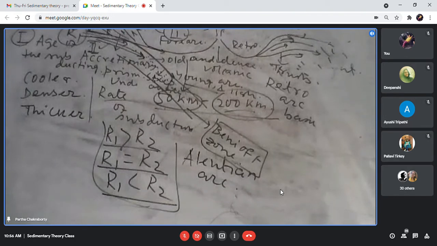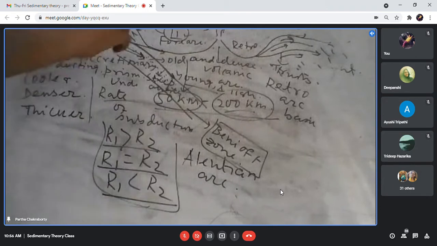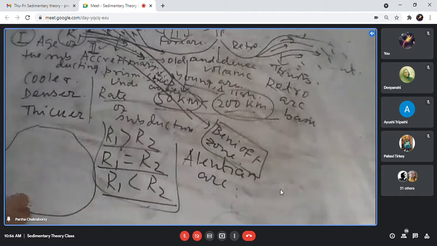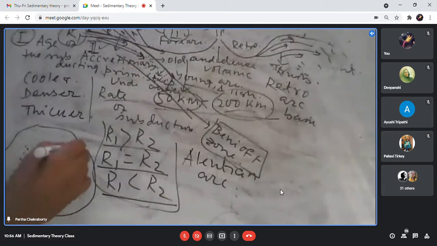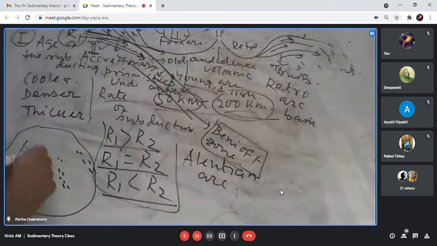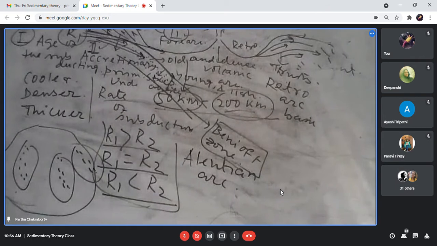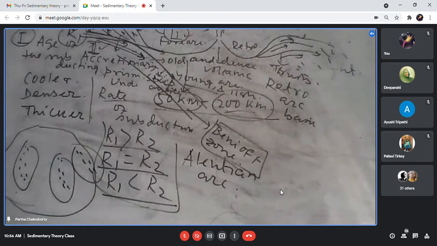So we get from shallow to deep focus earthquake, which are concentrated, and if you see the entire globe of the earth, then there are some zones where the earthquakes are distributed. They are concentrated alongside zones. These are all the subduction zones where the earthquakes are concentrated. And we call it Benioff zone. And basically the two boundaries of the Benioff zone mark the downgoing subduction plate boundary. Am I clear?